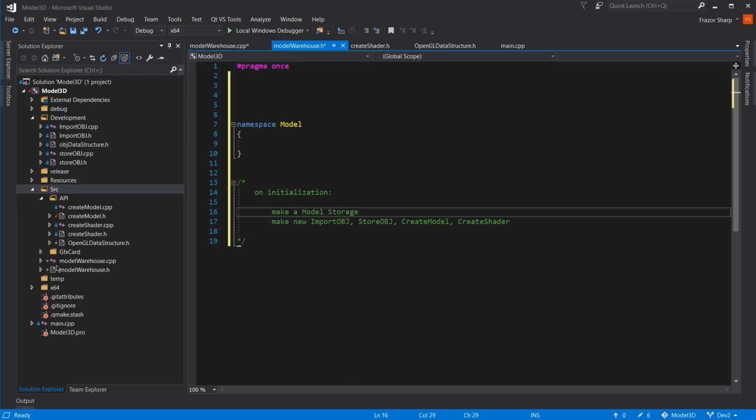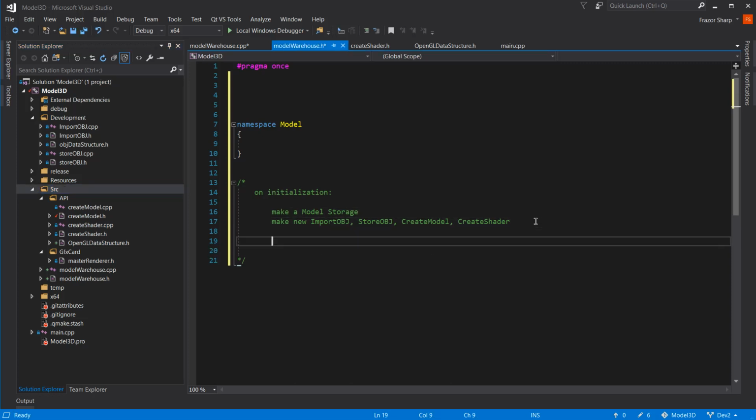No, I want it in the API. Because we are going to need to reference it, are we? Yeah, I think we're going to have to reference it. So, there we go. And when we update our warehouse,